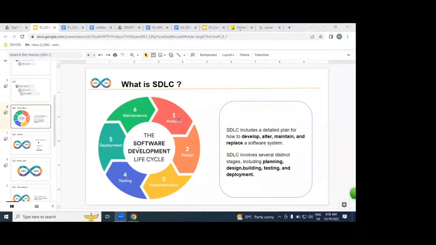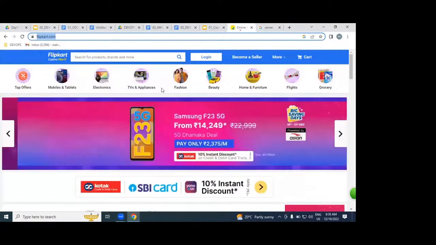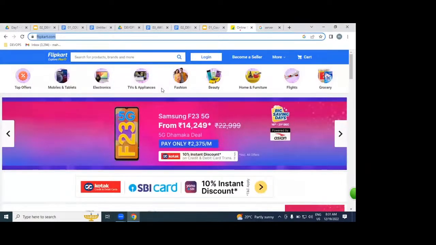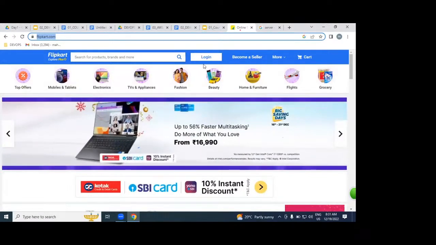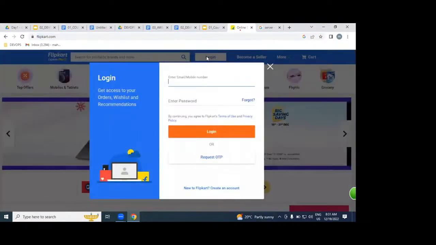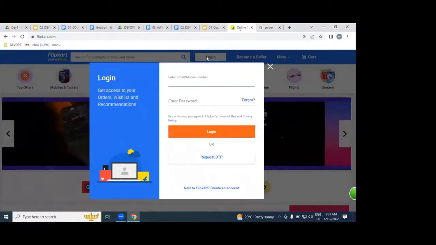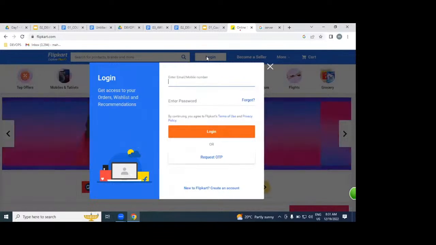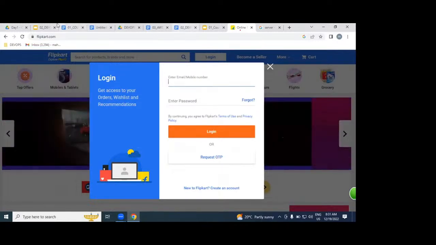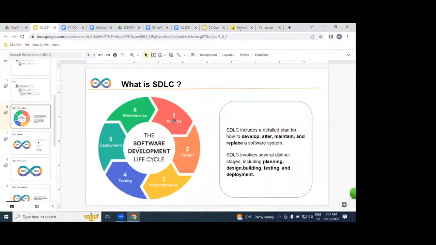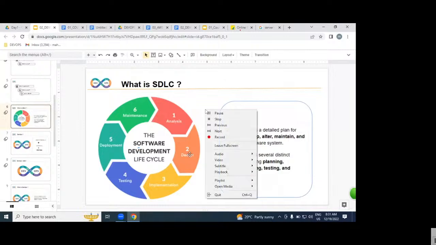Analysis is nothing but gathering information from the client. Who is the client here? Flipkart. What exactly is this business? Whether it is required, how exactly the login page, how exactly the registration page, what the payment gateway is, what the search page is, how exactly customer tracking works. Each and every piece of information will be gathered from the client. Based on the gathered information, our architects will